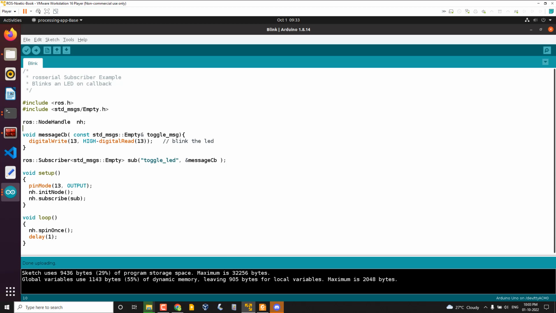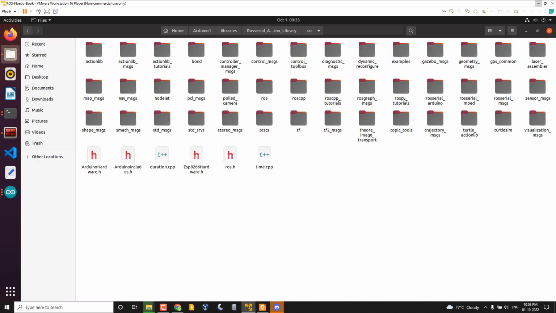Let me check and build and then. So the thing is that actually there is an option, like if you want to put the custom message here in the installed ROS serial Arduino library, I think that will work as well. Okay, that will work, but you are asking